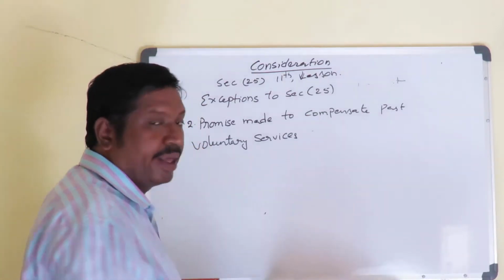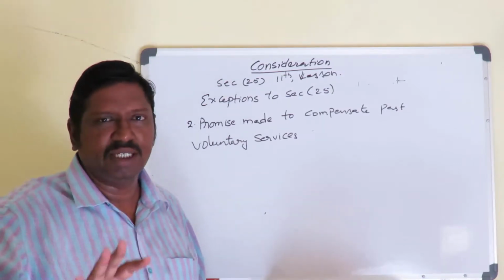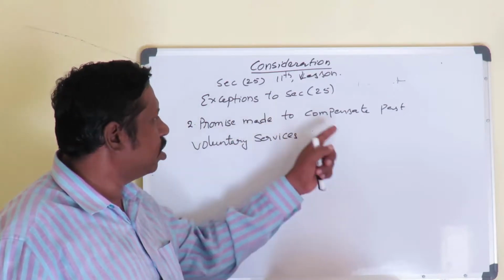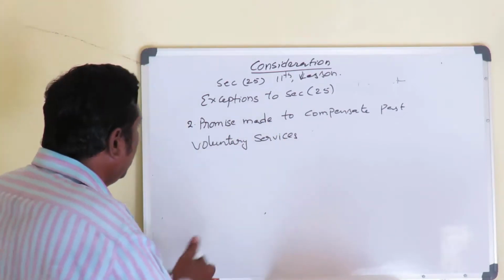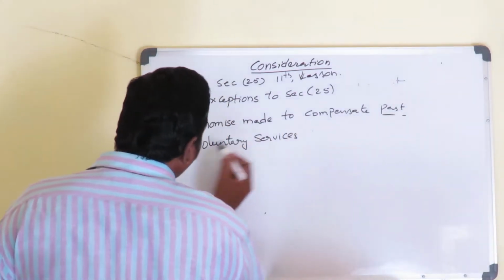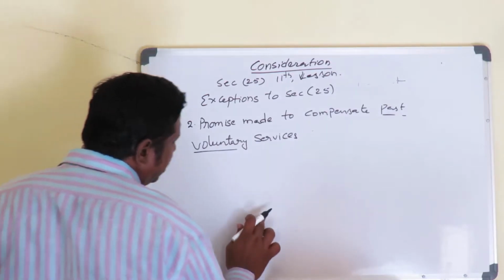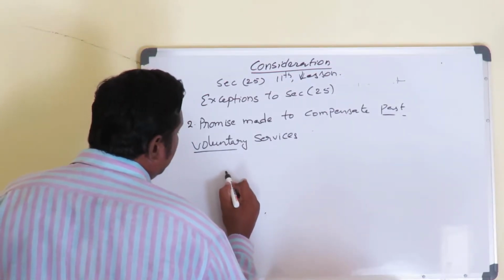Good. Let me put together the concept by taking a simple example. What is it? A promise made to compensate past voluntary services. Let me take a simple example regarding this. Say for example,